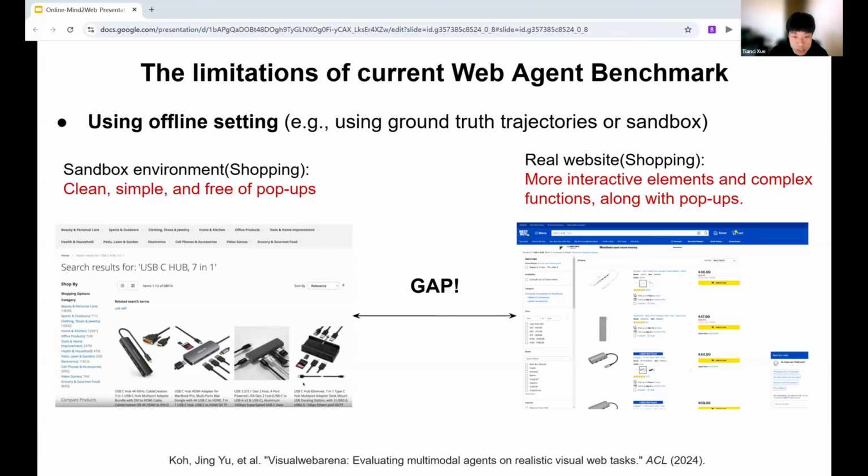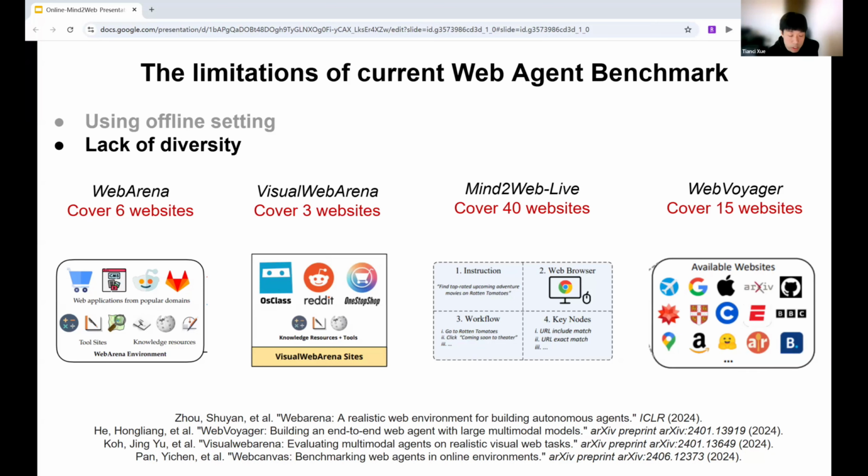The existing benchmarks only include a very small number of websites, which cannot cover the websites that users often use in the real world. For example, Visual WebArena only covers 3 websites, and WebVoyager only includes 15 websites. The same goes for Mind2Web-Live. It contains 100 tasks across 14 websites.